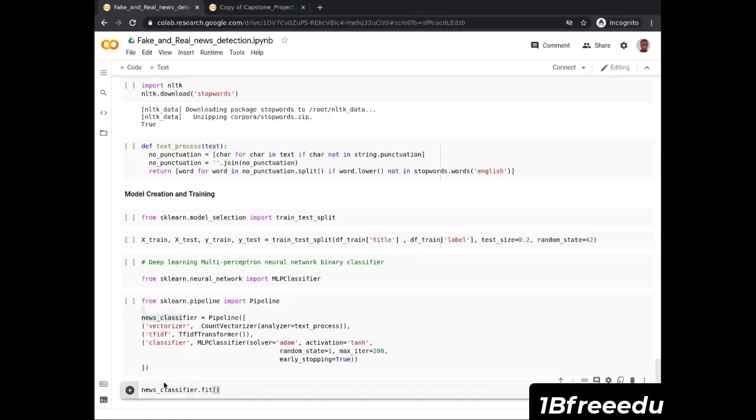We want the model to fit, that is to get trained on our training data. So we pass in the training data, xtrain, comma, the targets, which is ytrain,